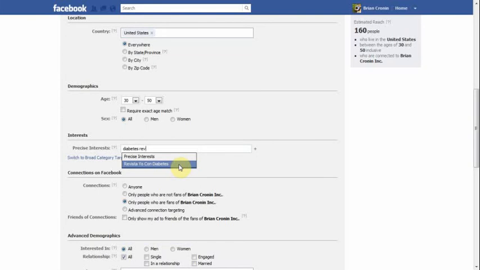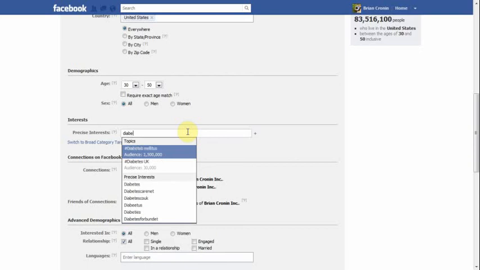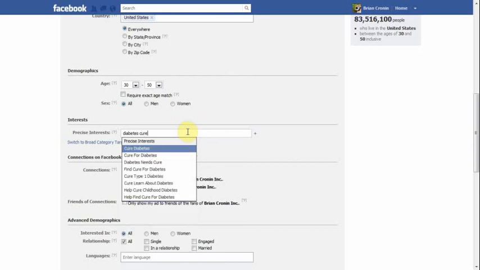Okay. Now, I guess that wasn't one, but if you type in something like diabetes cure, you get all of these different fan pages, and you can play around with the keywords. These are obviously about finding a cure for diabetes, helping find a cure for diabetes. So I'm assuming that these people probably have diabetes, or it's at least worth a shot. So like cure for diabetes. When we switch it to that,